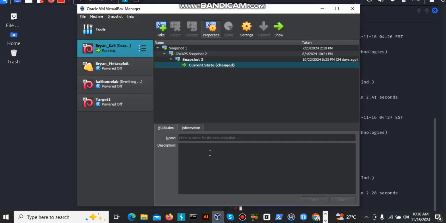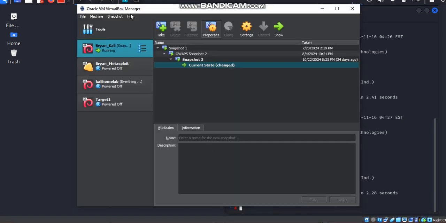For example, take a look at this. This is the virtual box, okay? And I have 4 computers inside here. 4 different computers. And for some personal reasons, I'm running all of them on Kali Linux.